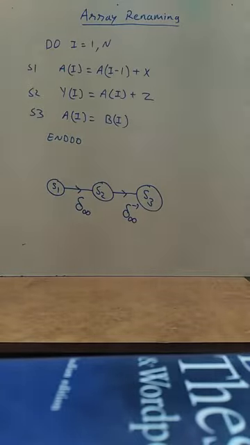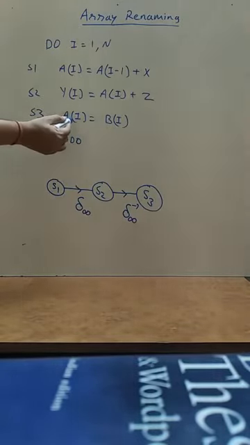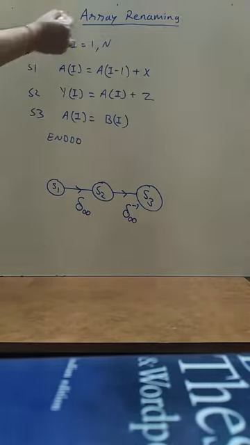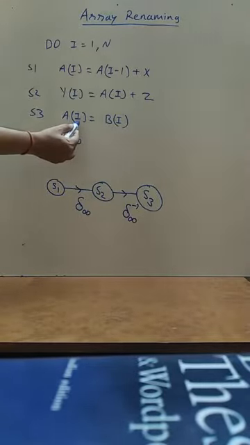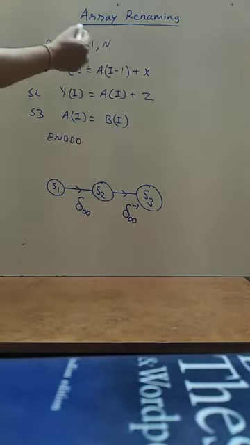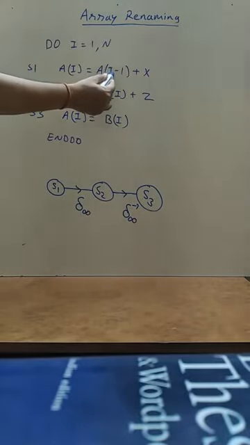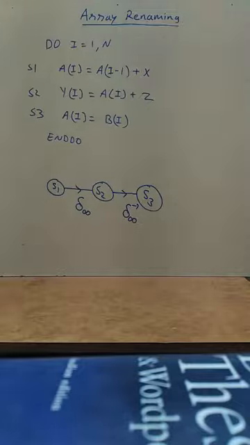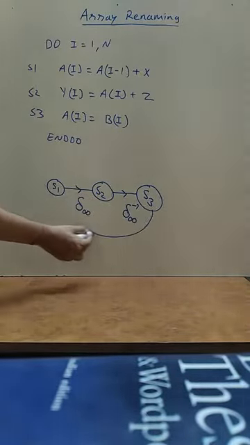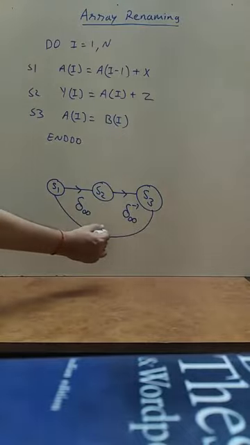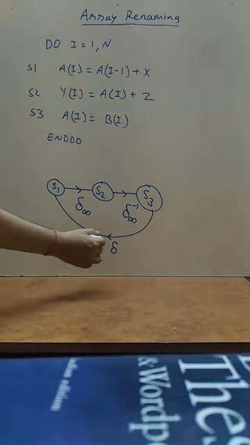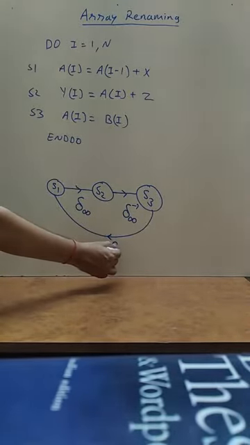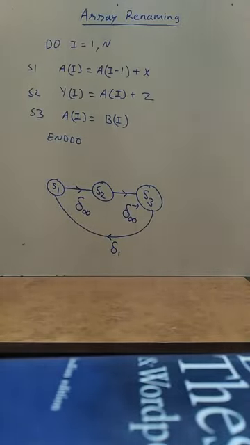Then here a of I is defined, and in the next iteration the same memory location is used here. So in the first iteration a of 1 is defined in the third statement. In the second iteration a of 1 is used. So you will be having one dependence from S3 to S1, and this dependence is a true dependence. First defined, then used. So it is a loop carried true dependence, because source and sink are in different iterations.